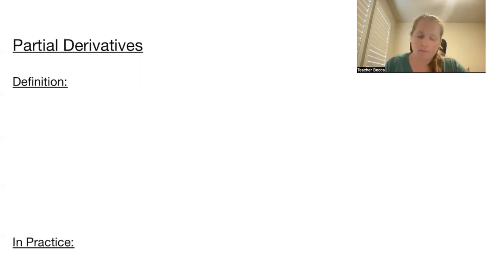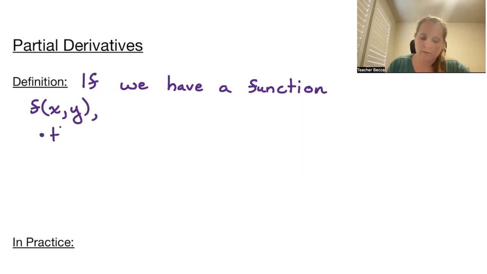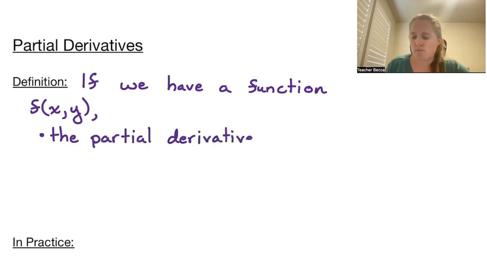So if we have a function f of x, y, then the partial derivative of f with respect to x